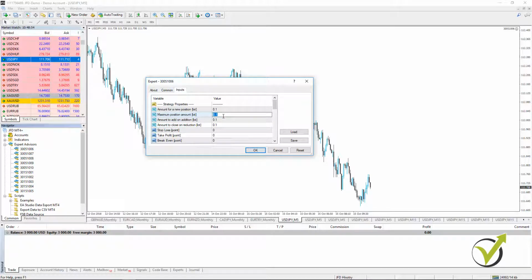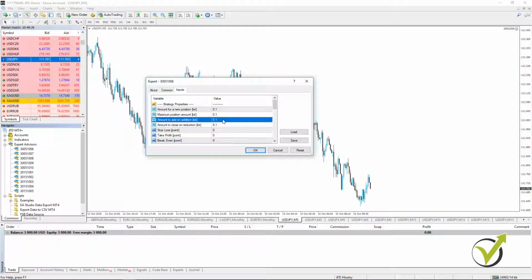So for example, if I place 1 lot here, it means that every time on a new same entry signal it will add 0.1, because this is how much is here, until it comes to 1 lot, and it will not add anymore to the position. Or you can decide to add more to the position, but once more, I don't suggest you do that. Start with 0.1 or 0.01, it really depends on what you are trading with, your capital.